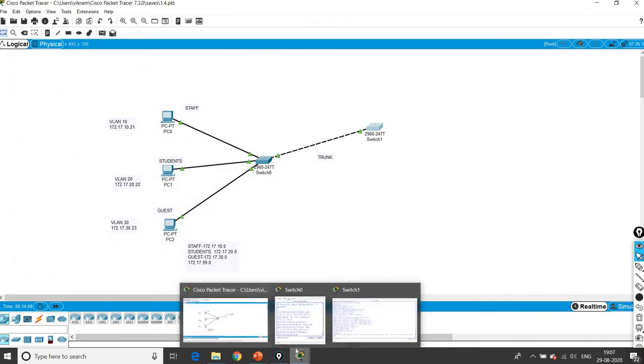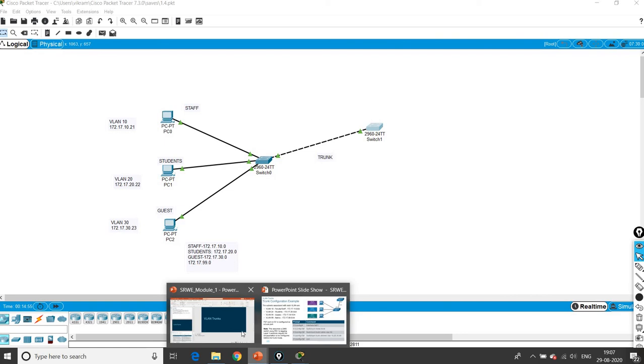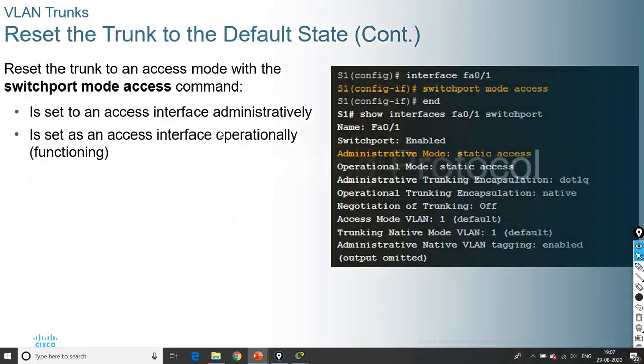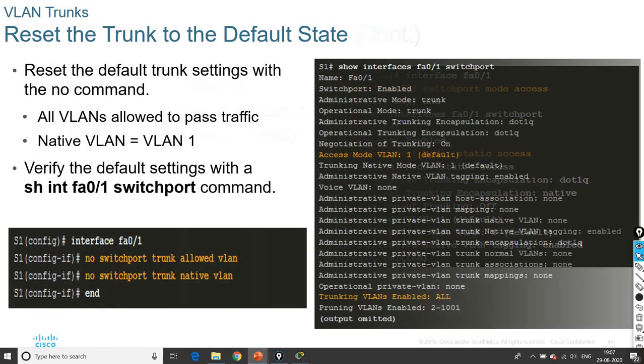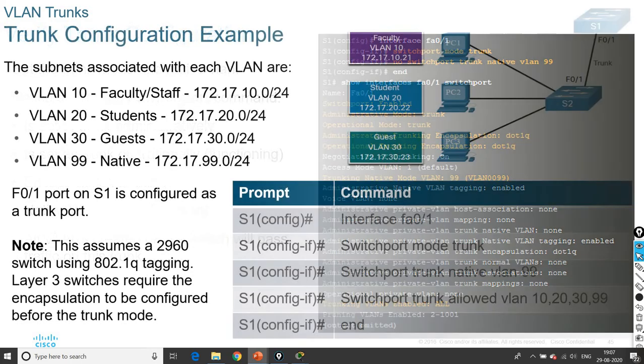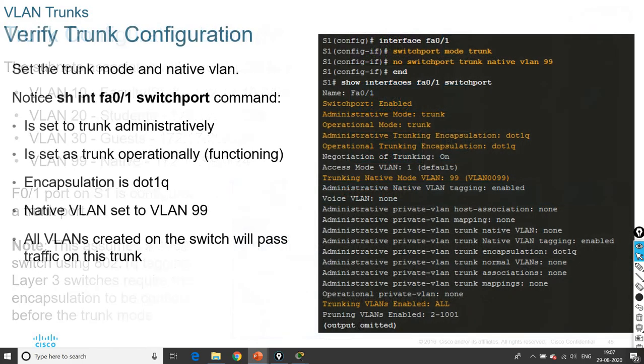so to determine the dynamic trunking protocol, we go for another example, another slide. We completed VLAN trunks here. So this example we covered.